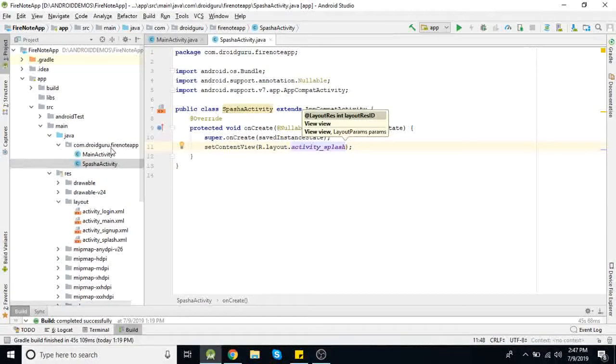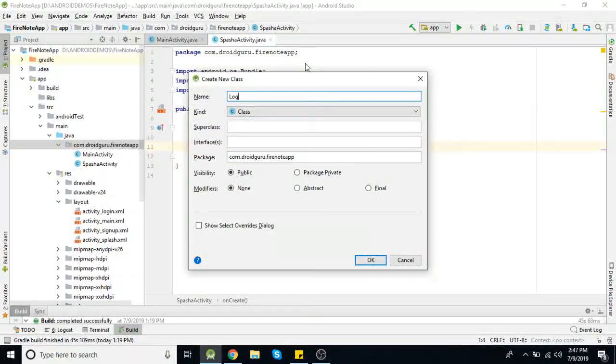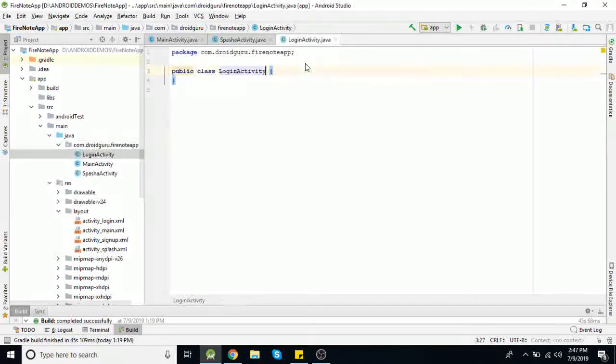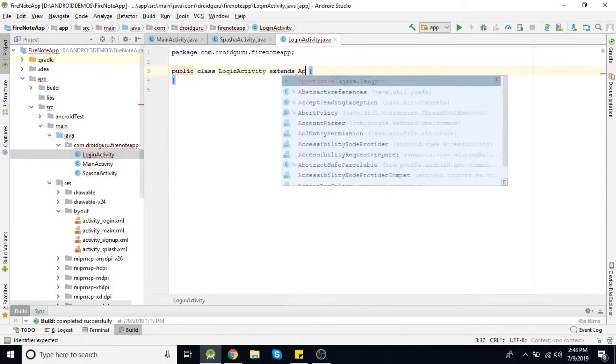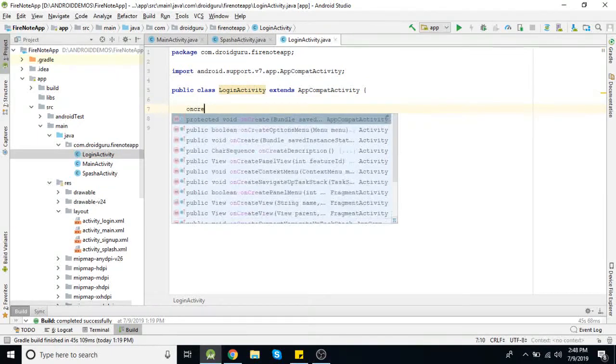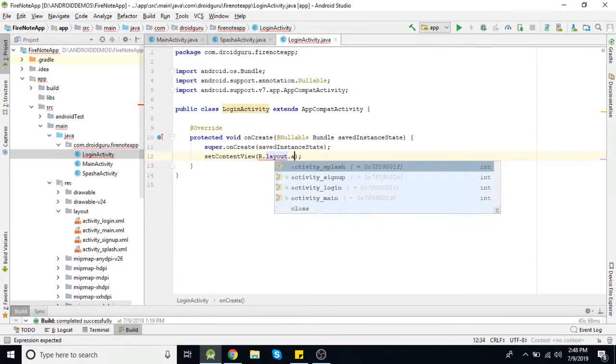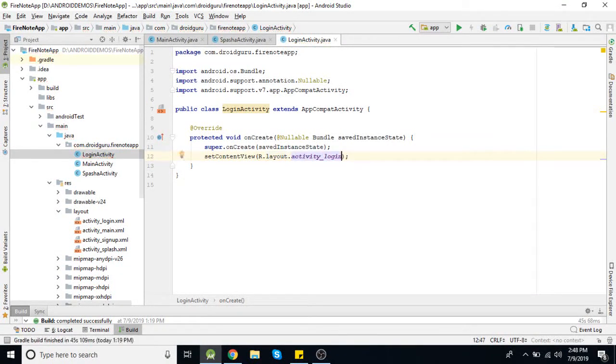So now we'll create one for login. And the last one is for sign up.